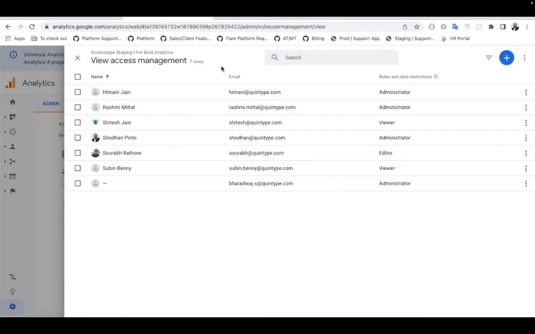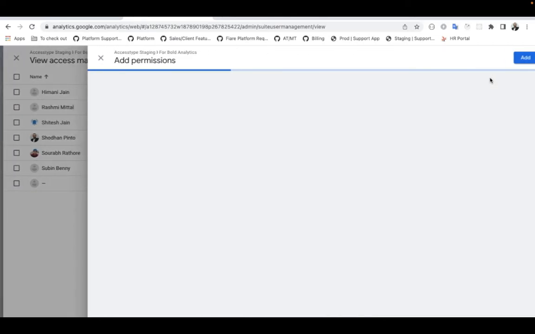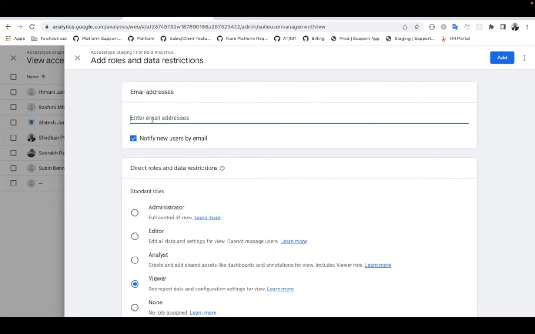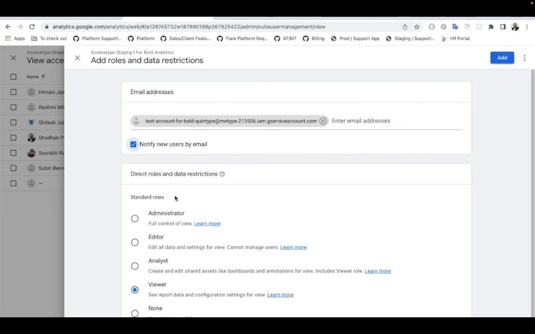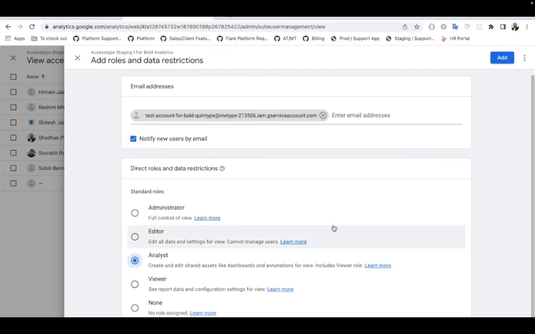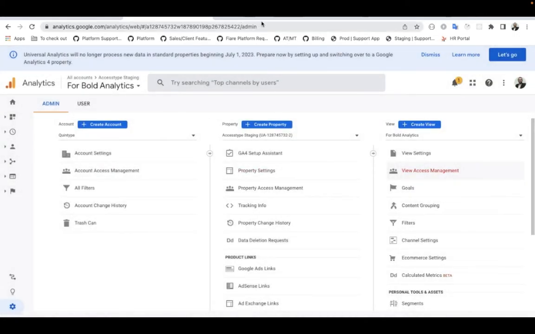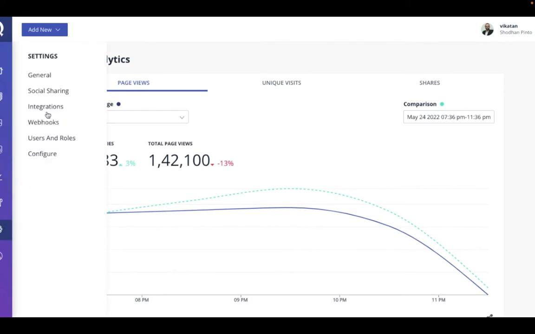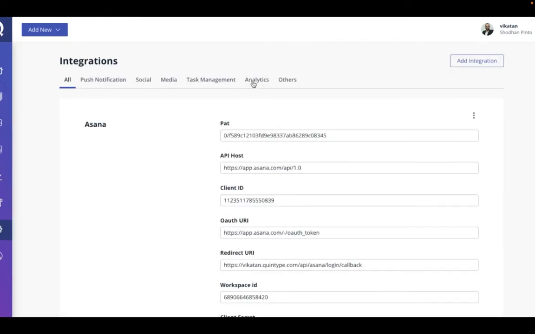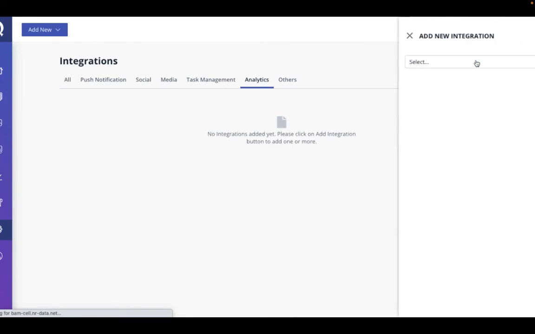Now go back to your analytics account and provide access to that recently created view to this email address that was just created. Be sure to select the analyst role. Once that is complete, go back to integrations in Bold, go to analytics, add an integration,